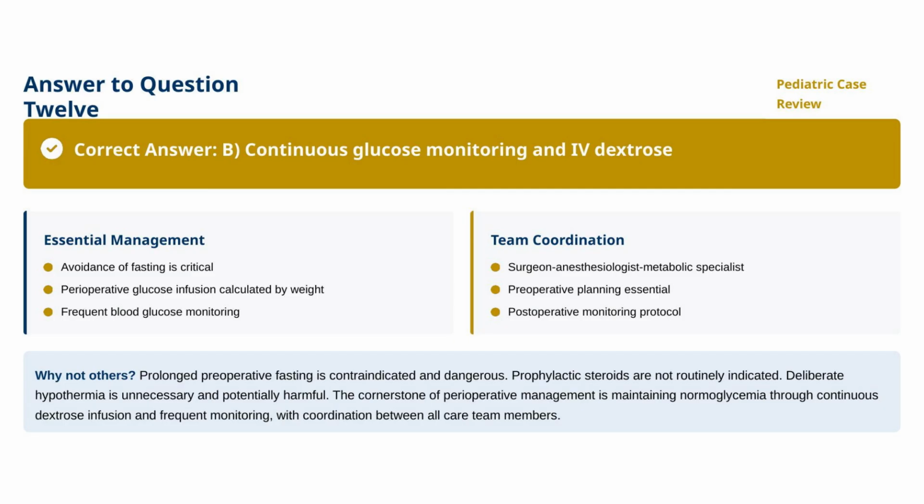Prolonged preoperative fasting is contraindicated and dangerous in these patients. Prophylactic steroid administration is not routinely indicated for GSD type 1. Deliberate hypothermia to reduce metabolic demand is unnecessary and potentially harmful. The cornerstone of perioperative management is maintaining normal glycemia through continuous dextrose infusion and close monitoring throughout the surgical period